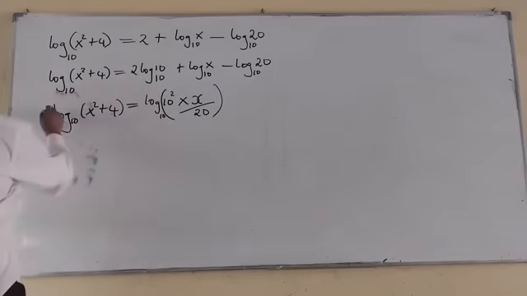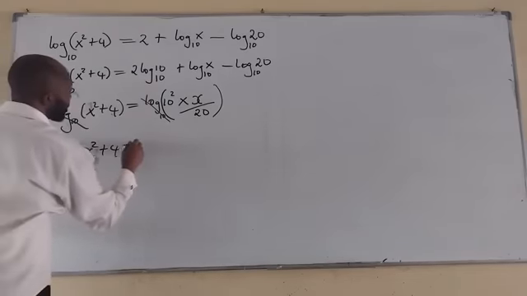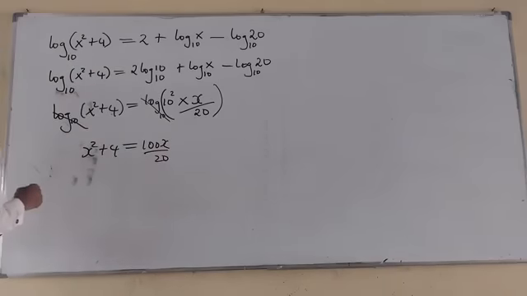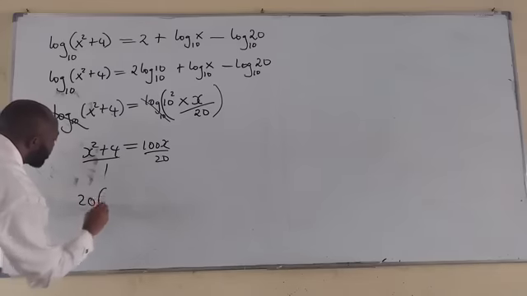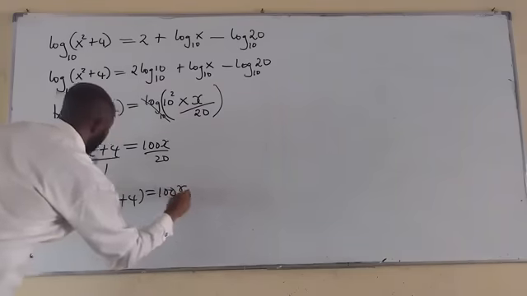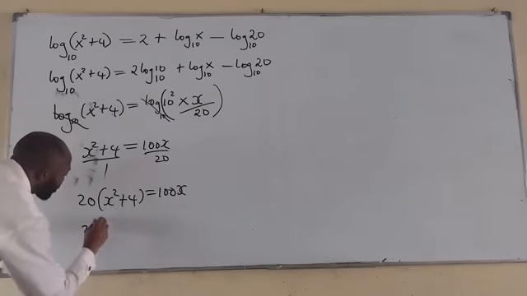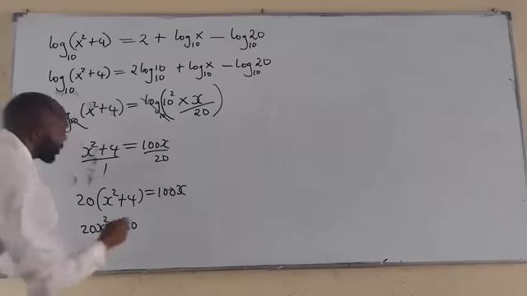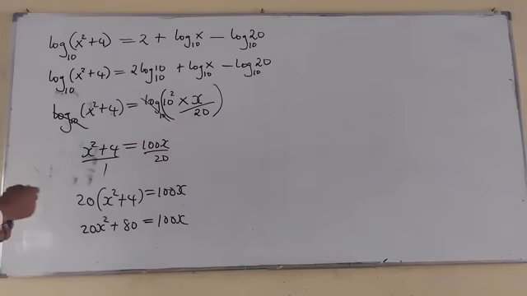Okay, so this can cancel this. So I have my x squared plus 4 is equal to 100x over 20. Cross multiply. Okay, 20 times this, I have 20, open bracket, x squared plus 4, close bracket, is equal to 100x. 20 times this is 20x squared plus 80, okay, is equal to 100x. Okay, now from here,